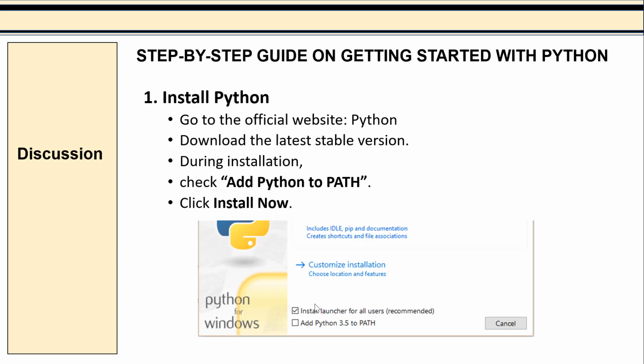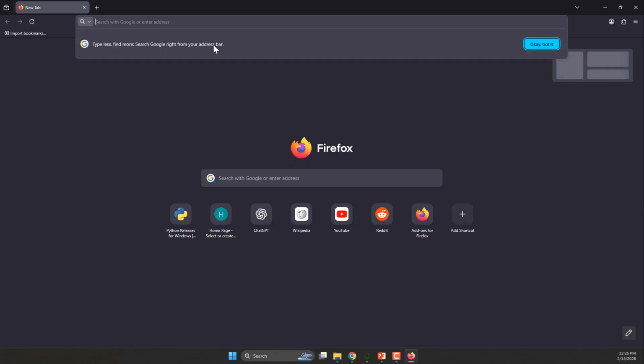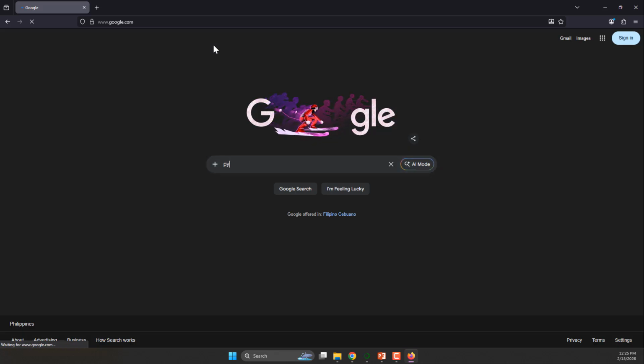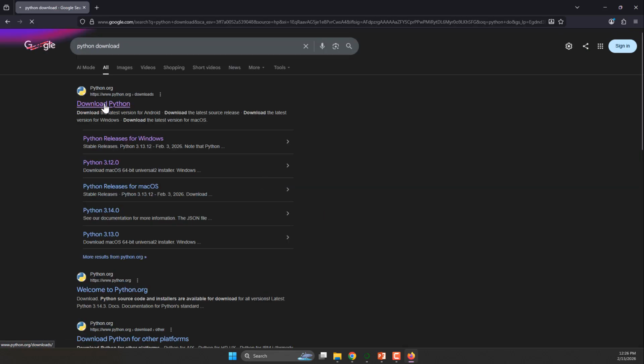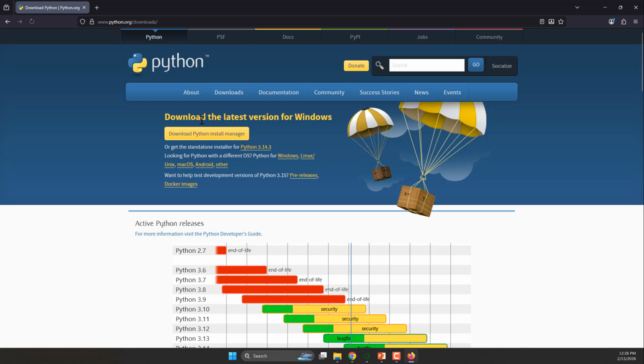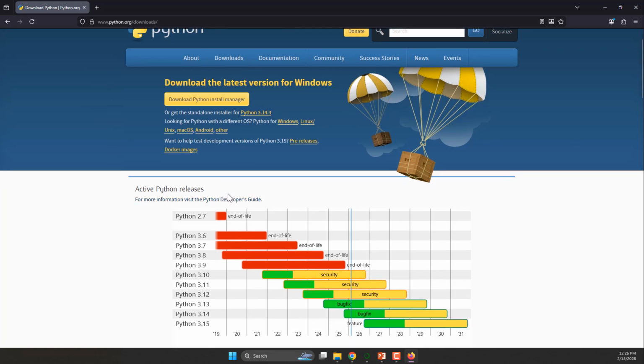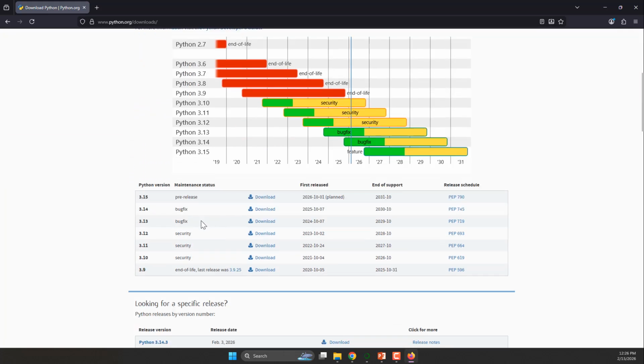Let me walk you through the website where we can download Python. Let me search Google, Python download. That's it. Let's click this one, and we can see here some of the stable releases.